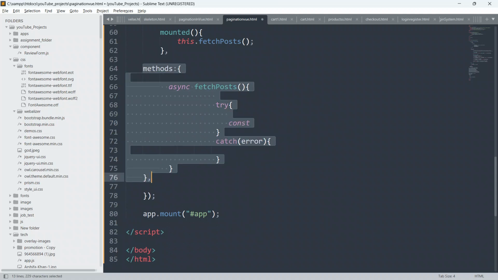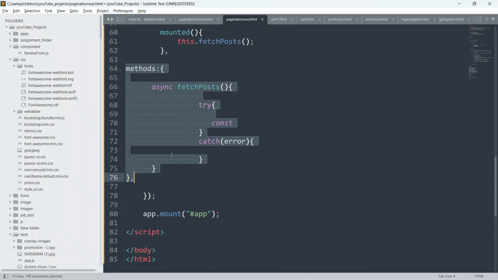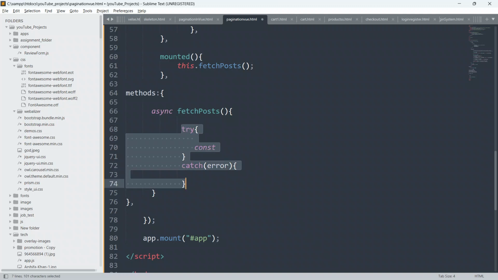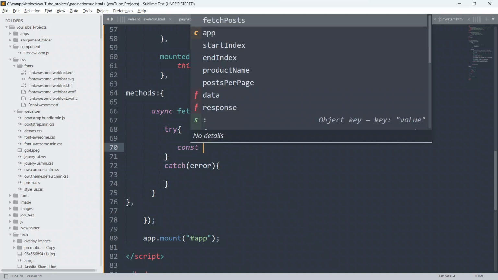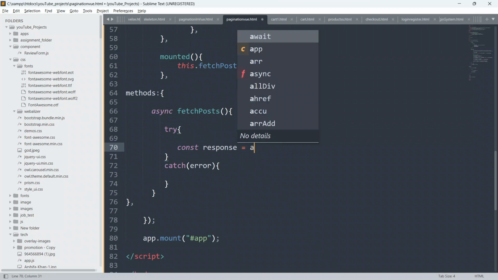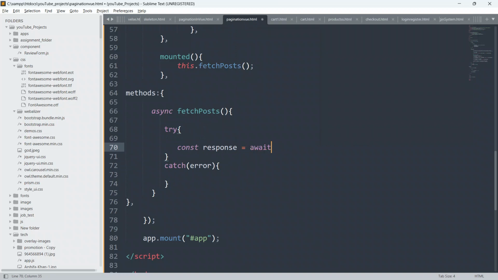First of all, let me just, yeah, so now I hope you can see. I'm doing this just to bring each and everything inside the same line. It is also taking time. So now I'll say here response equal to, and I'll say here await. Await is a keyword which is used to wait for execution of the code, or wait for the promise to resolve.